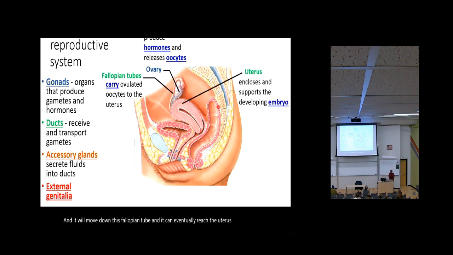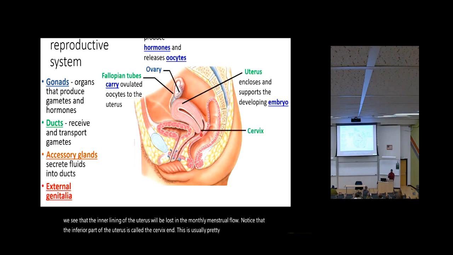And the uterus is going to enclose and support the developing embryo, and if there is no embryo to support, then the inner lining of the uterus will be lost in the monthly menstrual flow. Notice that the inferior part of the uterus is called the cervix, and this is usually pretty tight, but